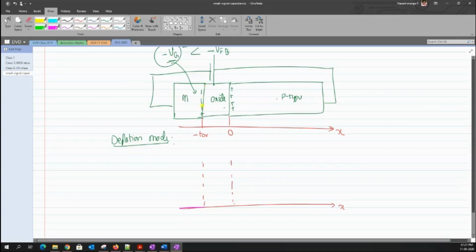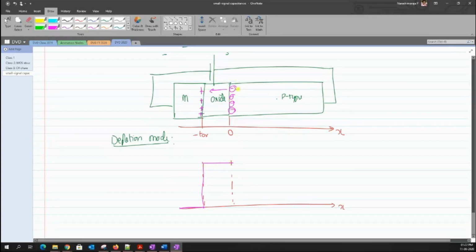But when I look across the oxide, maybe this is not the depletion mode circuit that I have. I should have had some positive V_G. So just assume that there is some depletion here. This drawing would again eat up my time. So we have some sort of charge distribution. Since there is a positive charge, there is obviously an electric field, and since no charge can lie within this oxide, this electric field will be constant. We proved all of these things in the previous class.